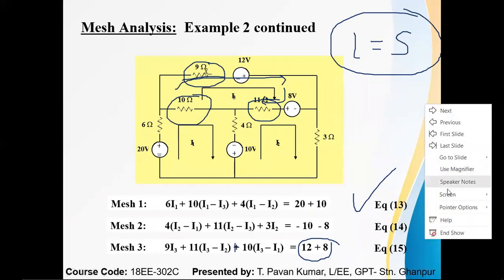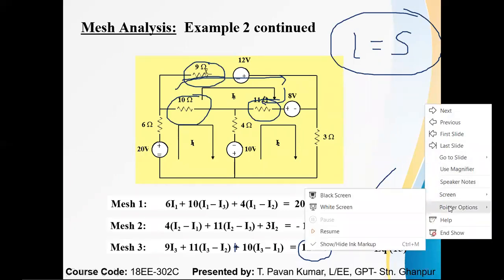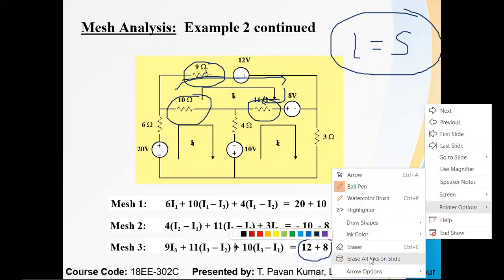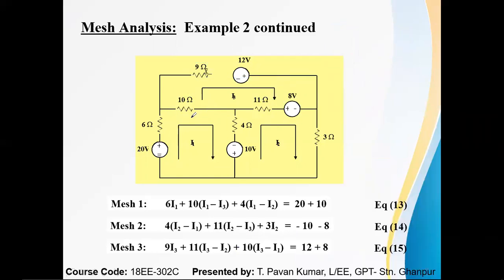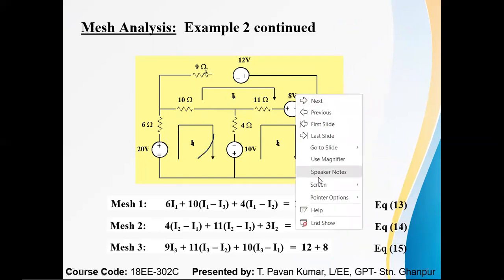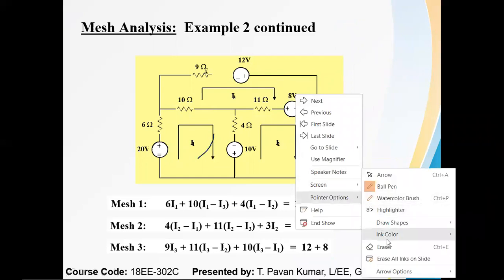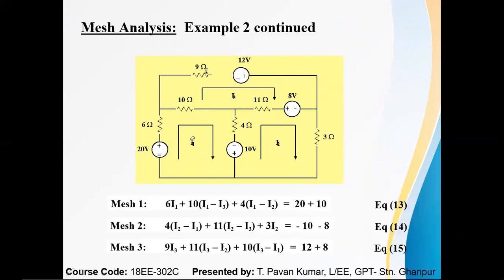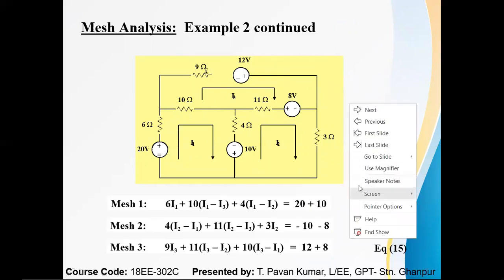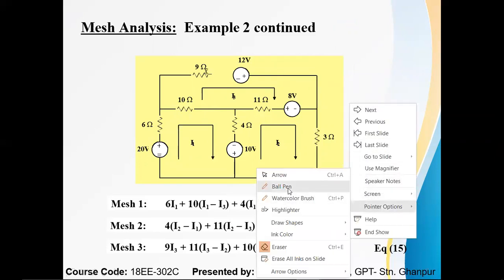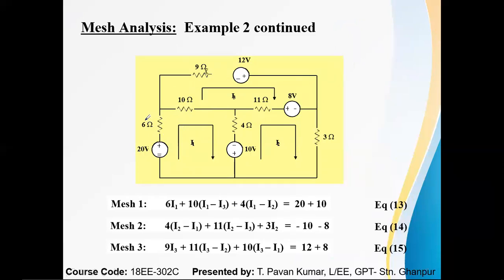Summation of resistance around the mesh means while writing R11, you need to add all the resistors. Let me clear it for you. While writing R11, it means the self value of resistances in this particular mesh or loop. So hence what comes to the R11 value? R11 is nothing but 6, 10, 4. Hence it will become 20. Am I correct?